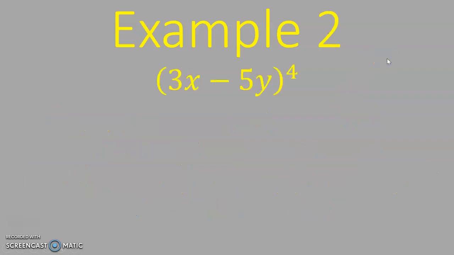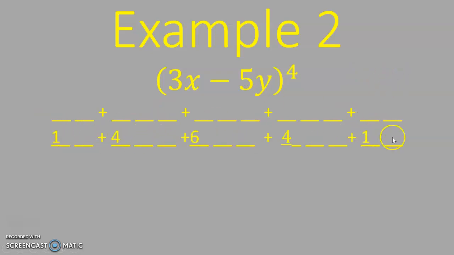A more difficult example, this is the 4th power, so now we need 5 regions. Again, the first and last have 2 blanks, the others have 3. 1, 4, 6, 4, 1. We won't go back to Pascal's triangle here, but that was the row in Pascal's triangle. So you have three choices. You could memorize Pascal's triangle, you could reconstruct it, or you could use combinations 4 nCr 0, 4 nCr 1, 4 nCr 2,